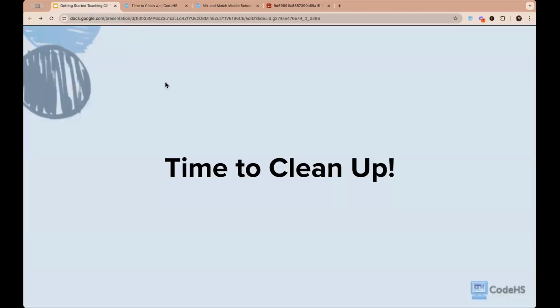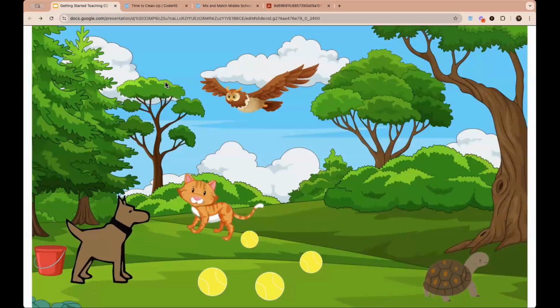And then we're going to go back to the first activity, and I'm going to have you guys actually try it. We have a little bit of time, so this will be really cool for you guys to get the experience of what a student's going to see. So this specific lesson or activity is called Time to Clean Up. Carol was in the park with all of her friends playing, and these are the slides that the students would see in the video with somebody talking over, just as I am.